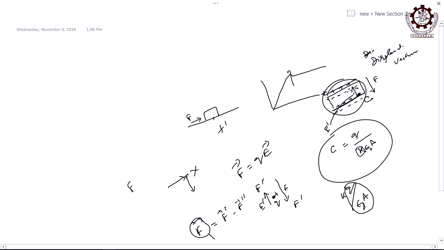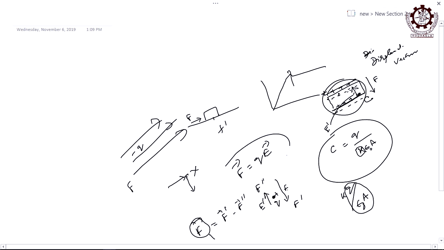But what about the negative charge on this surface? The net field is in this direction, so the net force is in that direction. In what direction will that charge go, in the direction of the field or opposite to it? If positive, it goes in the direction of the field. Suppose there is a charge minus q and the field is in this direction, where will the charge go, in the same direction as the field or opposite?